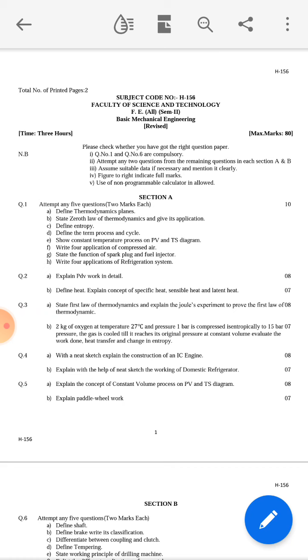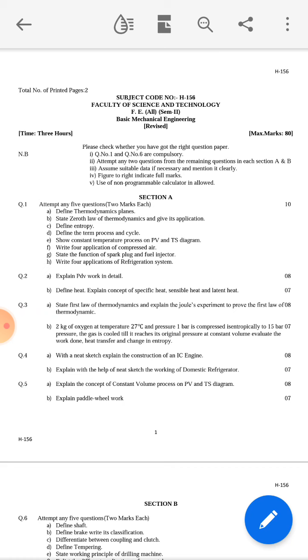Then we are going to start how to tackle the university exam question paper, right? I'll take the 2 marks questions first. Then we will go towards the